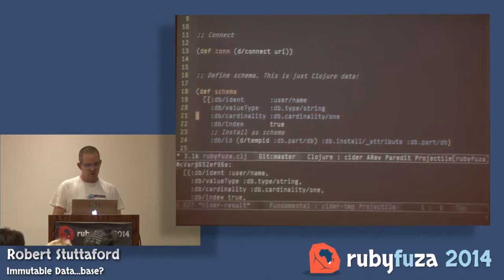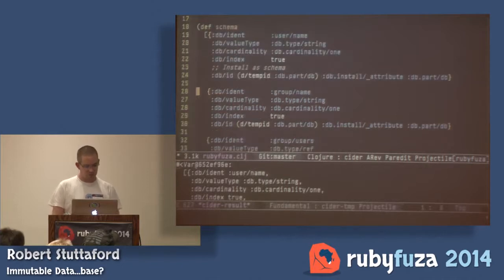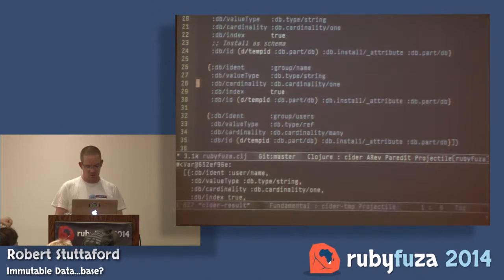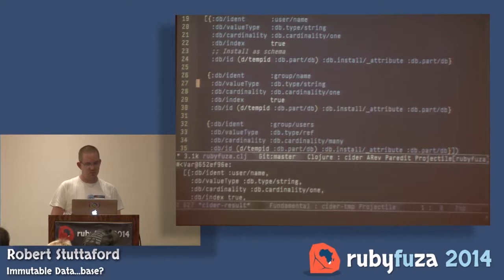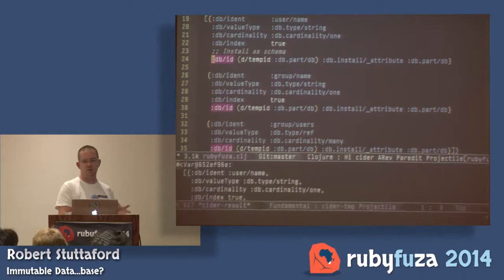So now I'm going to define some schema. Okay, so I'm defining three attributes. Username, which is of type string, and entities can only have one at a time. It should be indexed so that I can get fast lookup. And then this stuff over here really just tells Datomic to install it as schema, so that when I query